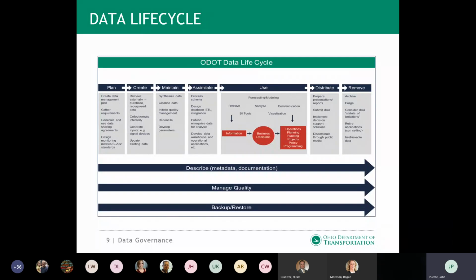And then we're also distributing a lot of this information, especially when it's project related, through public media organizations. So we need to make sure with data governance and through this life cycle that what we're distributing meets the needs of not only our users, but also the needs of the organization, because we need to protect the data that we have and distribute. So, aside from personal and confidential information and data that's critical to our infrastructure, we should be able to distribute that data for our users to consume and to utilize in a fashion that they find